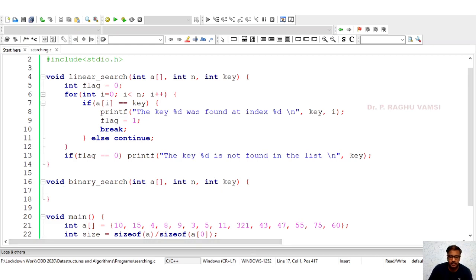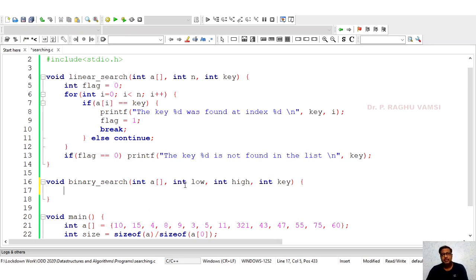So this is the algorithm we have seen previously. We need to first calculate mid value is equal to high plus low by 2, and compare the key with the mid value. If the key is less than the mid value, then we are supposed to set high as the recent high. And if it is greater than the mid value, then we should set low as the recent low. So here, instead of n, what I will do is int low comma int high.